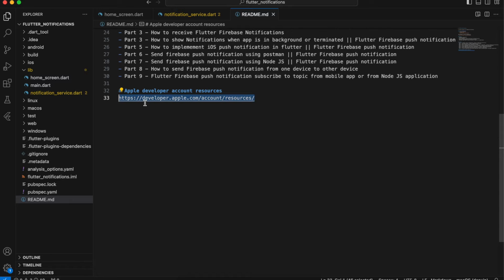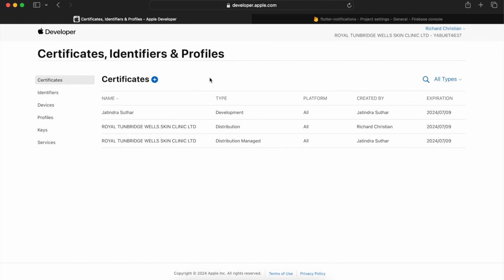developer.apple.com/account and resources. So this is the first point from where we can start the configuration for the iOS push notifications and configurations to publish the applications in your App Store. I will paste this link in this video's description, so you can find it there and navigate to this link. If you see, I have already opened the Apple developer account, and